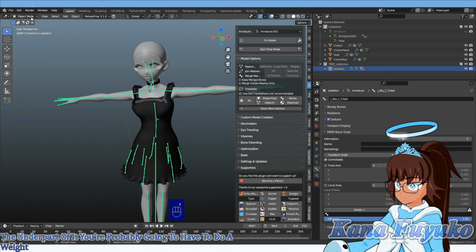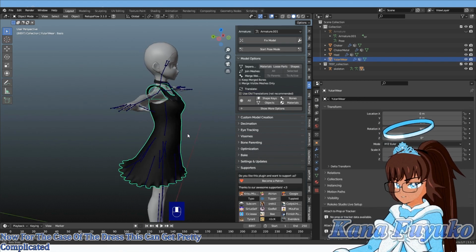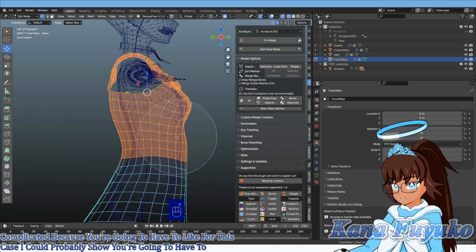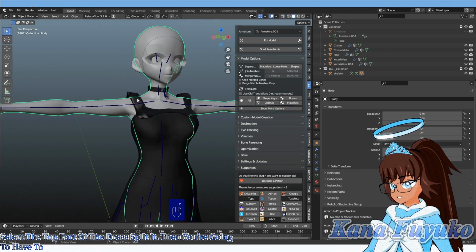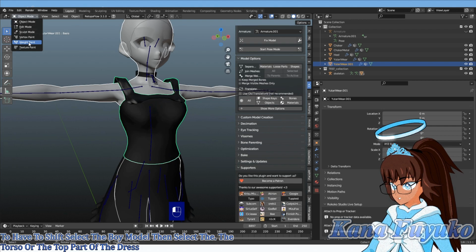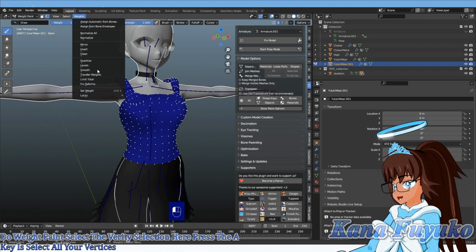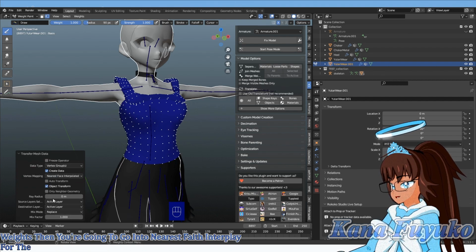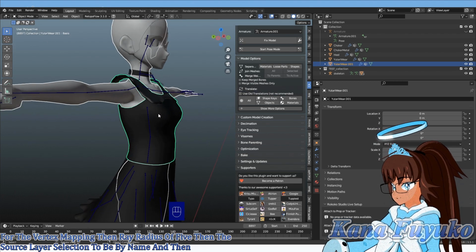weight paint transfer. Now, for the case of the dress, this can get pretty complicated because you're going to have to, like for this case, I could probably show, you're going to have to, let's say, select the top part of the dress, split it, then you're going to have to shift select the Vroid model, then select the torso or the top part of the dress. Then you're going to do weight paint, select the vertice selection here, press the A key to select all your vertices, go into weights, transfer weights, then you're going to go into nearest face interpolate for the vertex mapping, then ray radius of 5, then the source layer selection to be by name, and then once you have that,